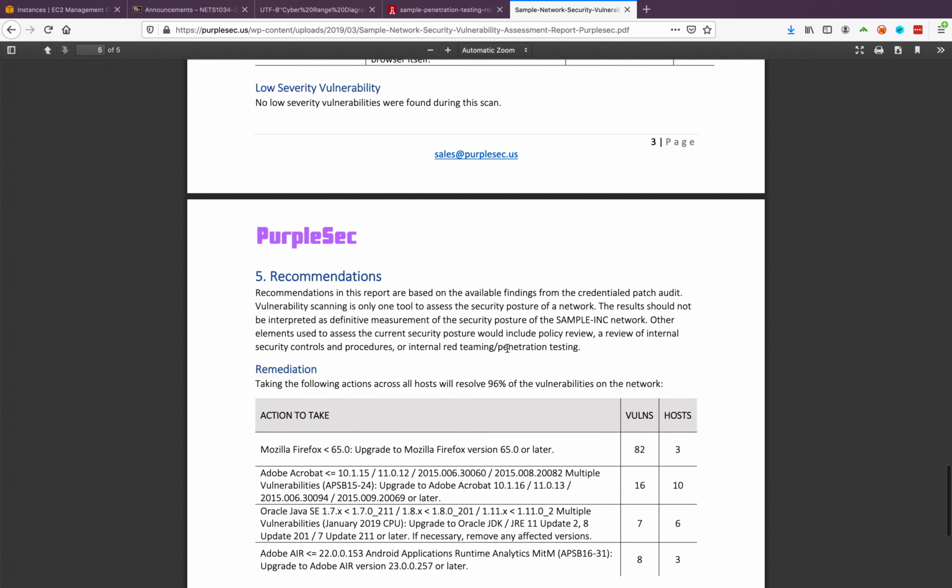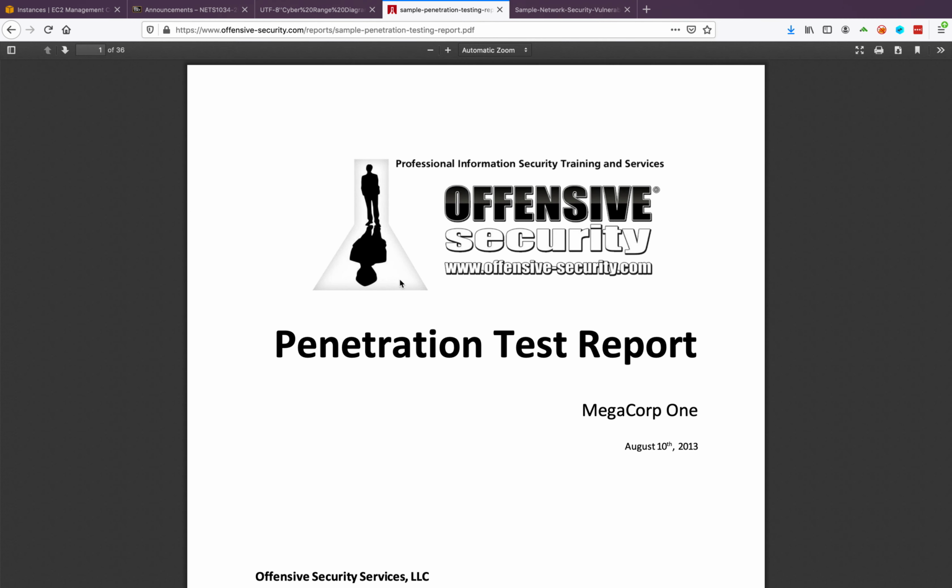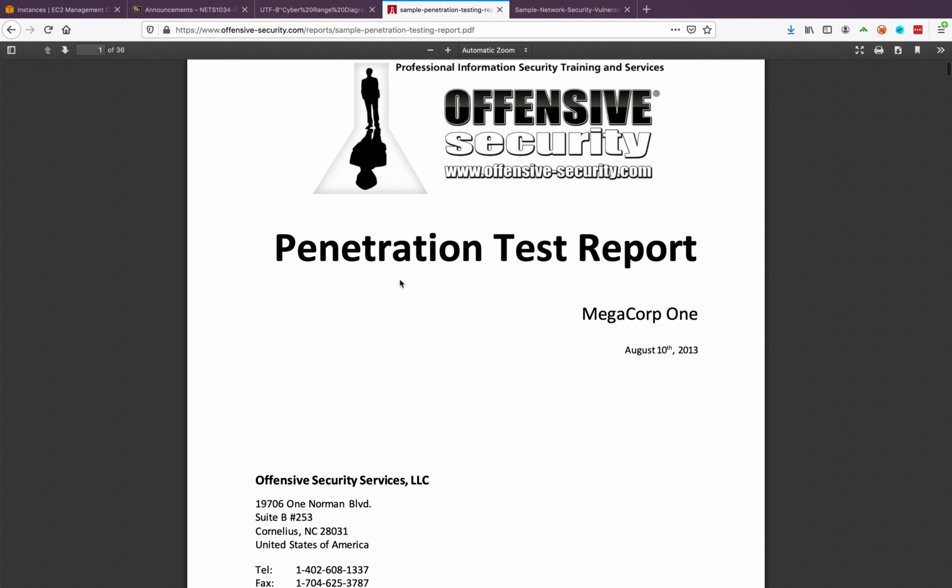Now, again, this is a very, very simple template. You're obviously going to expand on all these parts. And I'll post these as examples as well. And another one that's been around for a long time is a pen test report from Offensive Security. So